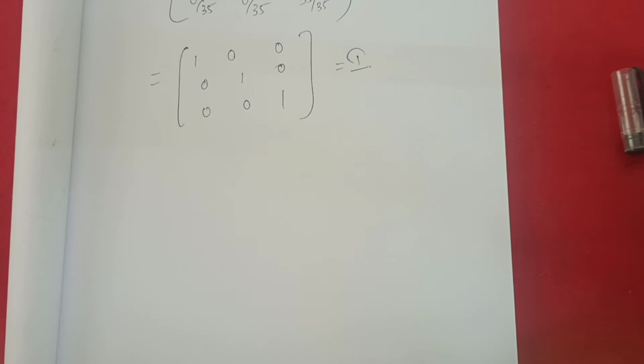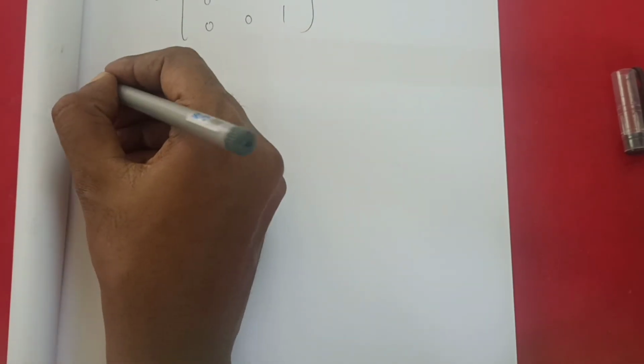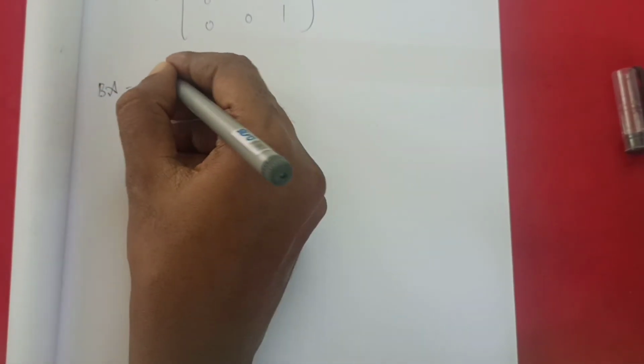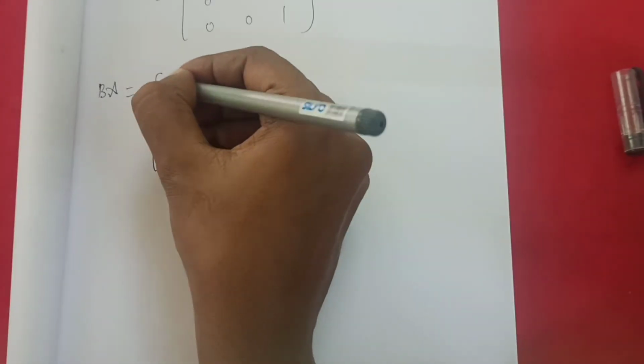Now we need to find BA. Now AB is done. So when I was teaching the introduction class for matrices, what did I say to you? 1 into 2 is equal to 2, same as 2 into 1 is equal to 2 in normal multiplication. But in the product of matrices, you can't say that. But in this problem, maybe it will be so. We will just check. Now we are going to find BA, and I am writing the B matrix here.